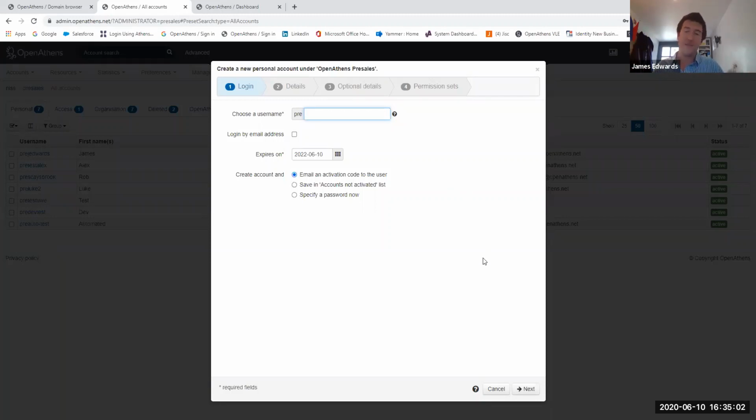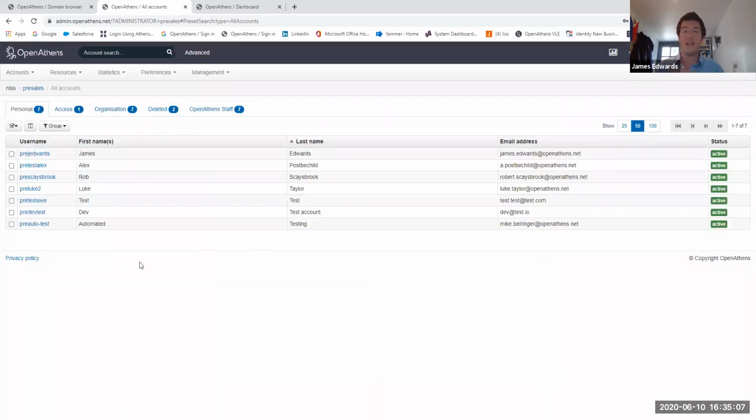And then they activate their account, set their password, and away they go. So that's really handy if you've got walk-in people coming into your library and you want to provide them access. Maybe you have people who are coming in on short-term placements and they won't be in your institutional directory, because this can work alongside the connection. You don't have to have one or the other. You can have both running together. That's not a problem. So yeah, sometimes it's an added use for this.